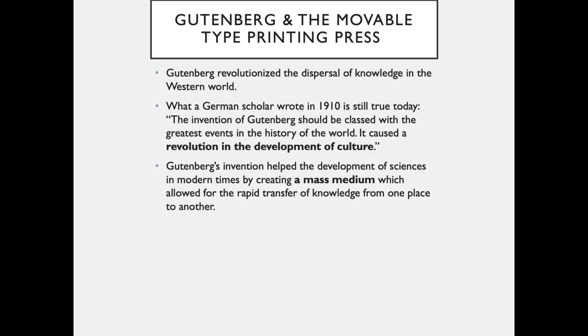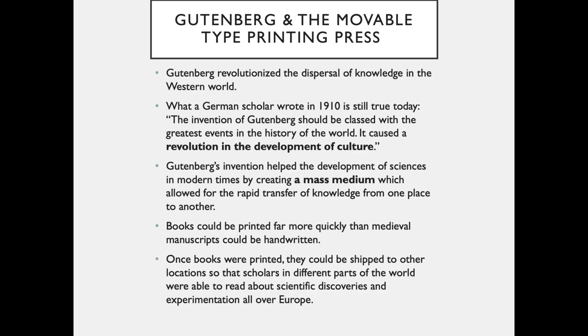Gutenberg's invention helped the development of sciences in modern times by creating a mass medium which allowed for the rapid transfer of knowledge from one place to another. Books could be printed far more quickly than medieval manuscripts could be handwritten. Once books were printed, they could be shipped to other locations so that scholars in different parts of the world were able to read about scientific discoveries and experimentation